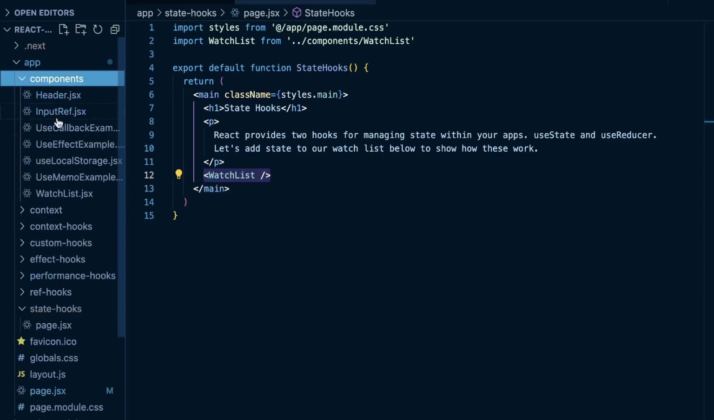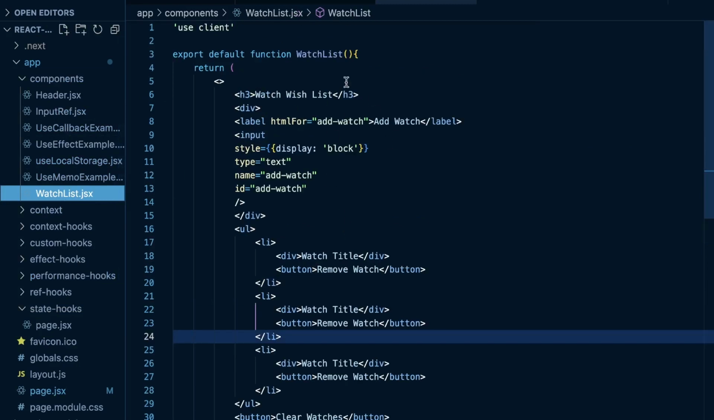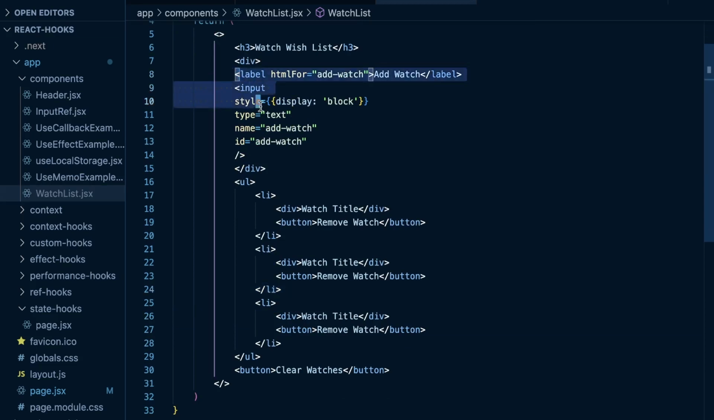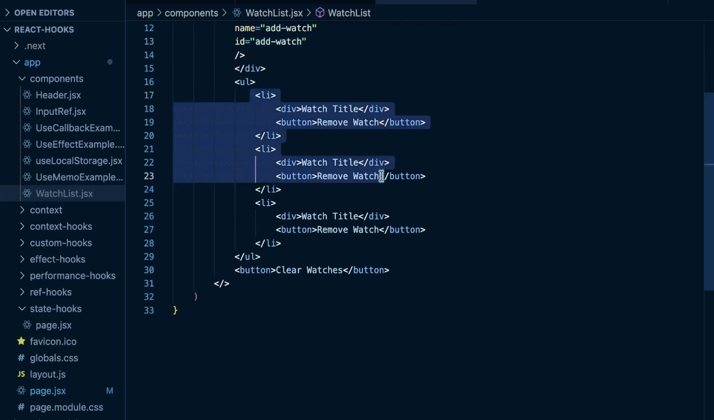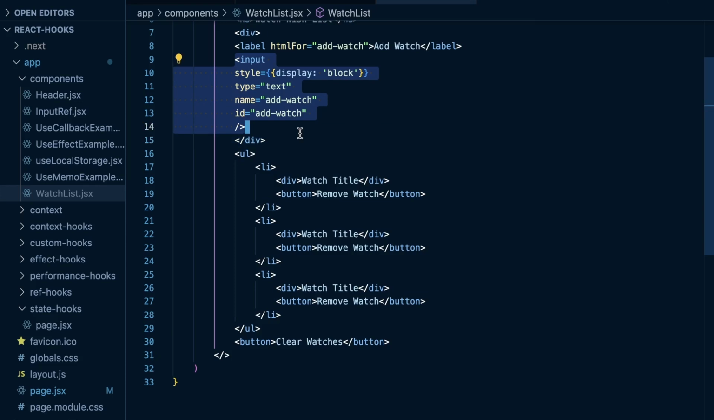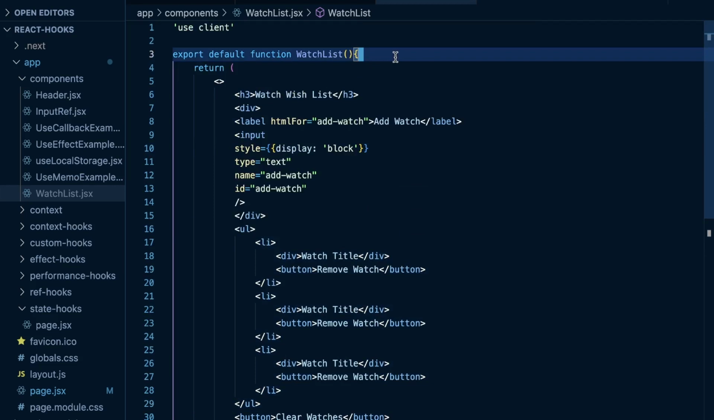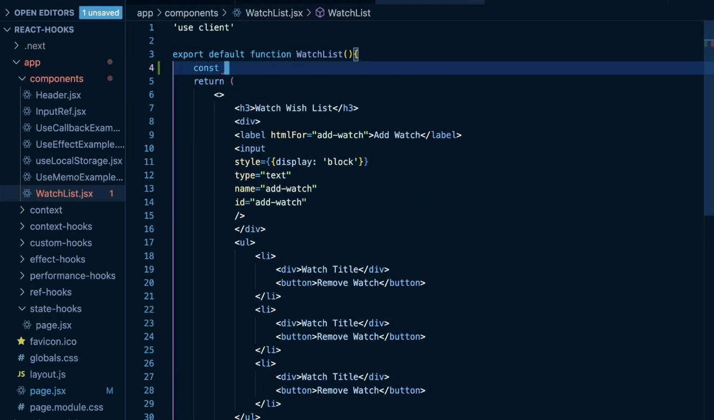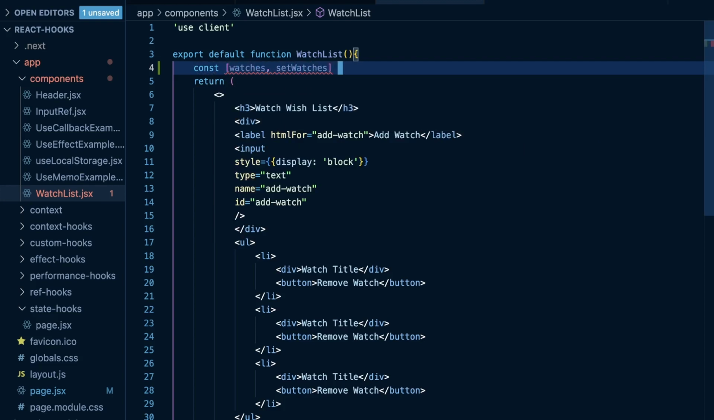If I go to my components and open WatchList, you see that I have a very basic component with an input for adding a watch. Right now I'm just rendering out a list with a few list items, but we need to hook this up to state so the user can type into this input and actually add these different watches. So what I'm going to do is say const watches, comma, setWatches is equal to